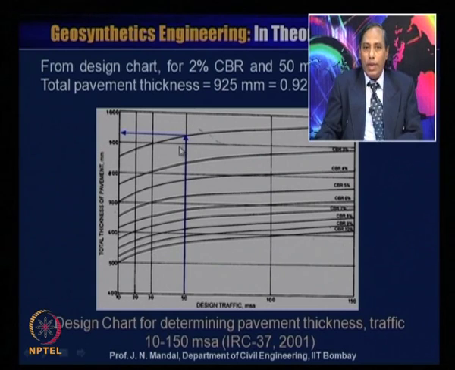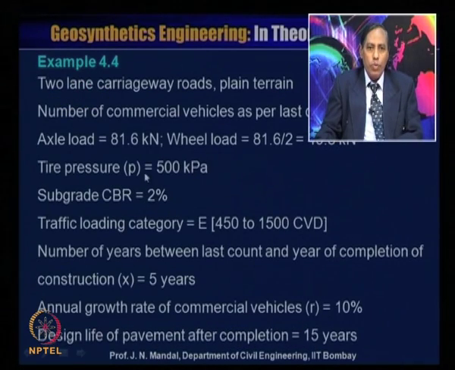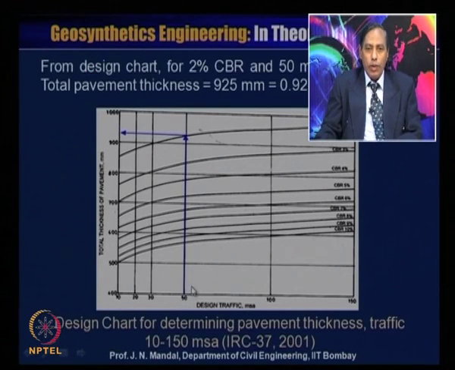Now you know what the CBR value is. CBR value is 2%. So you move up, you can see that here we record subgrade CBR is 2%. From this design chart, knowing the value of traffic, that is 50, you move up. This is for the CBR 2 curve. So it touches this curve when the CBR is 2, and then you move horizontally, which will give you the thickness of the unreinforced pavement in millimeters. It may lie between 900 to 1000, and this value will be approximately 925 millimeter. So from this design chart, for 2% CBR and 50 MSA, the total pavement thickness will be 925